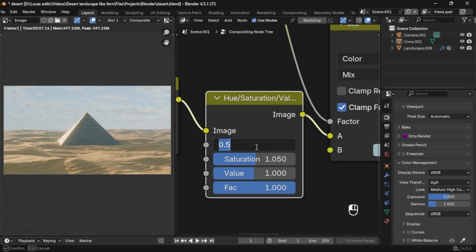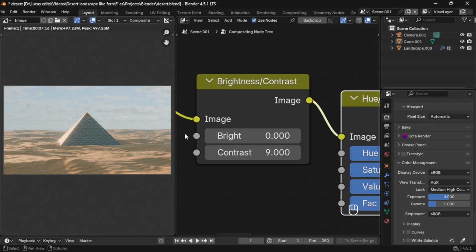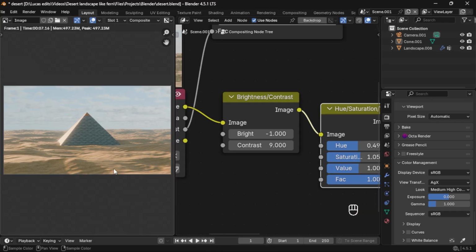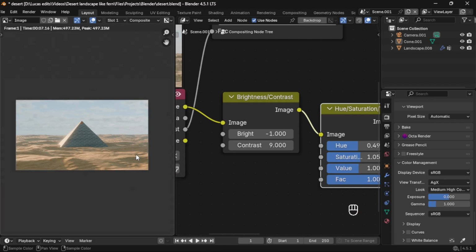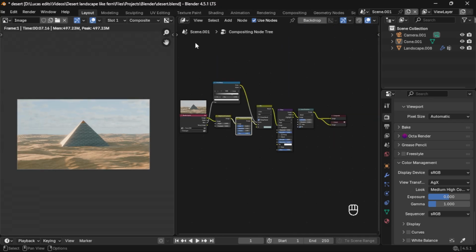And then maybe less hue, like 0.48, to make this more orange. 0.49, and I think this is fine. Maybe less brightness, like -1, and yeah, now we have a lot more contrast basically. And now this is